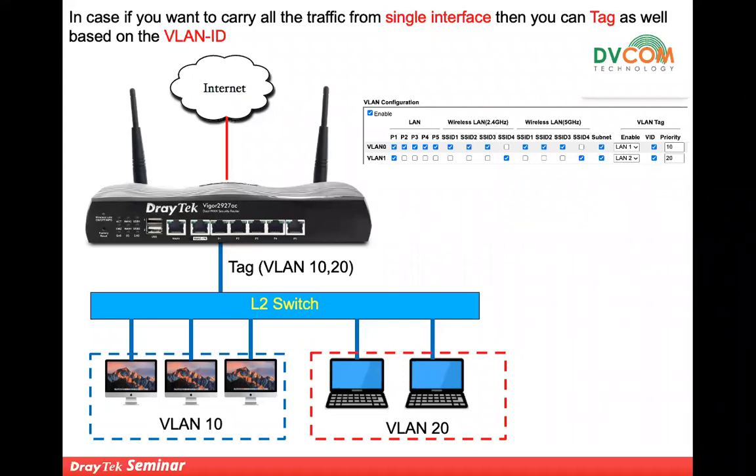Some people may ask you, this is actually something the big vendors support. So you have nothing to worry about. If you take any DrayTek router, by default, it supports VLAN tagging. So in case you configure multiple VLANs in your layer 2 switch, you can tag all these VLANs through the single interface, and send the information to the DrayTek router. The router is going to act as a gateway for each and every VLAN, and the router is connected to the internet. From there, you can send your information to the internet.